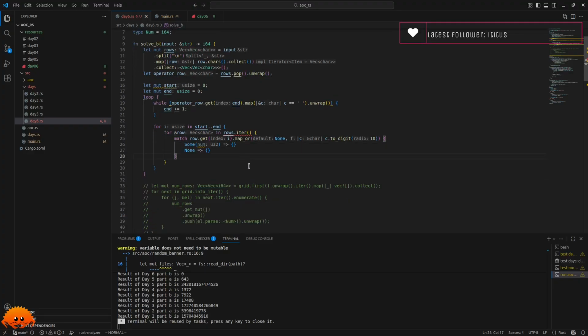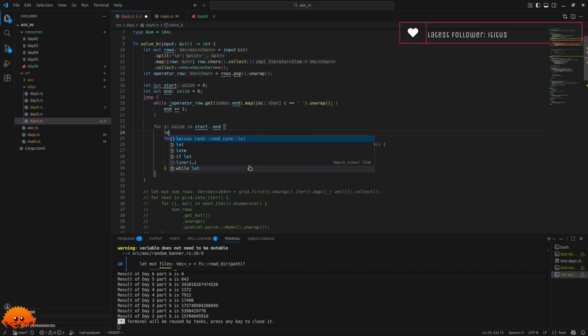So let me think again. I'm really unsure at what position we are right now. So this would be a number, or no number, of the... we go through the entire row. The first row, the second row, the last row, and then we go to the next index. So we collect the numbers here in those rows. So we have to...